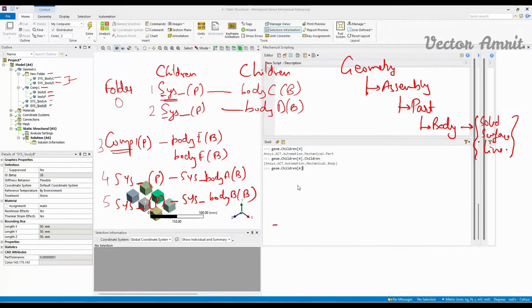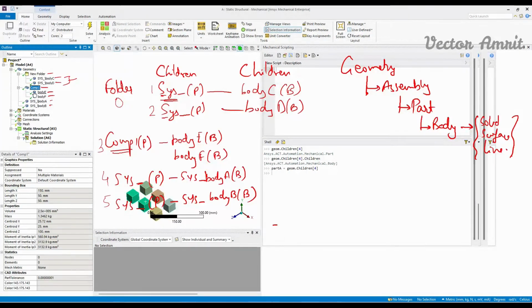So let's talk about a part first. So children 4 name is body A, this one, right? So let's name it body part A. When you click this object, it's actually a body, it's not a part, but you can still access part properties from here. If you really want to know what a part's properties look like, this comp one is the best one. If you go to